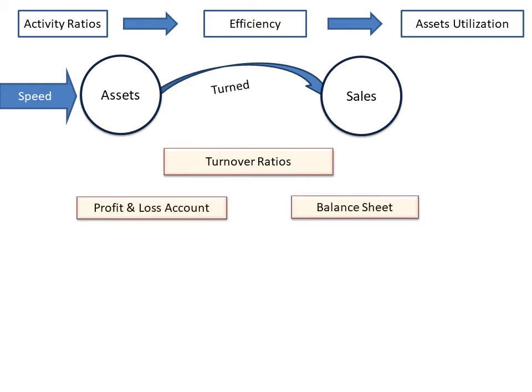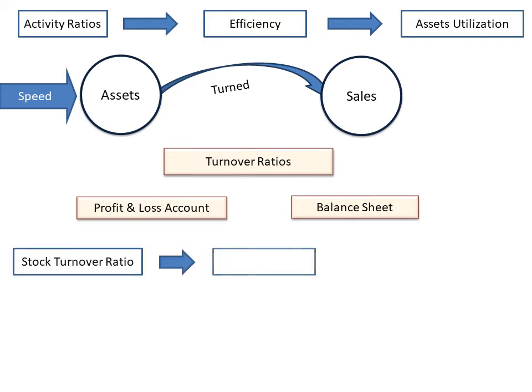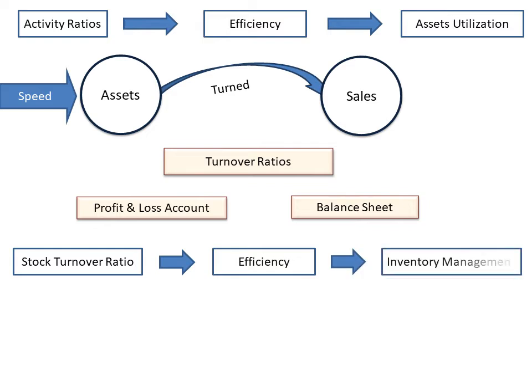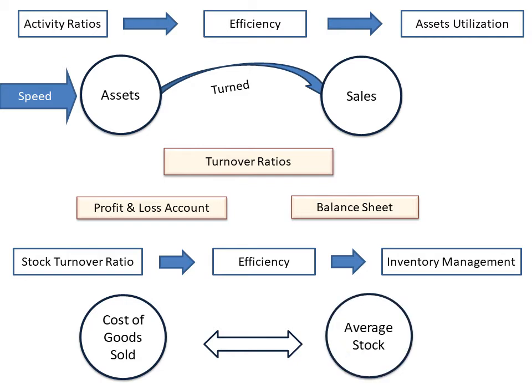So, let us now discuss stock turnover ratio. This ratio is a measure of efficiency of inventory management. It is a test of the relationship between cost of goods sold and average stock for the period. Here we consider cost of goods sold because we know that a ratio always establishes a relationship in like terms. Therefore, because our main term, that is stock, is measured at cost, we consider another term also measured at cost, that is sales measured at cost, which is also known as cost of goods sold.